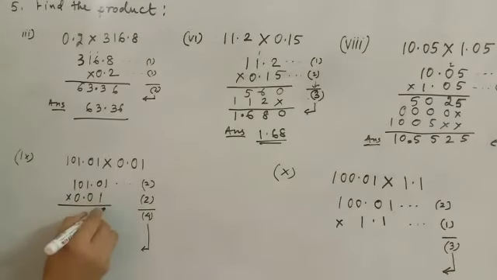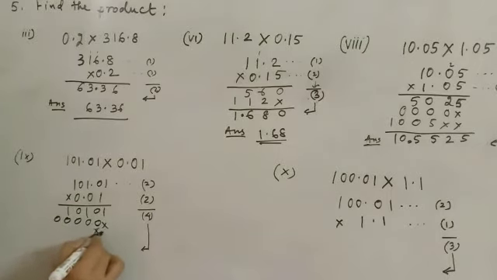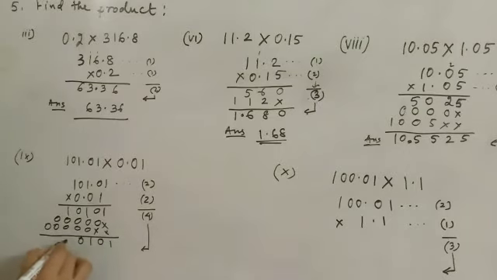Now multiply. 1 1 is 1, 0 1 is 0, 1 1 is 1. You are multiplying by 1, so all the numbers will be the same: 1 1 is 1, 0 1 is 0, 1 1 is 1, 1 1 is 1, 0 1 is 0, 1 1 is 1. If you want to multiply by 0, I am showing you what the result will be. The result will not change. So 0 1 is 0, 0 0 is 0, 0 1 is 0, 0 0 is 0, 0 1 is 0. If you want to multiply by this also, the same result will come. 1, 2, 3, 4, 5, 5 places, so 5 zeros. Now you are getting the result 1 0 1 0 1 0 0.